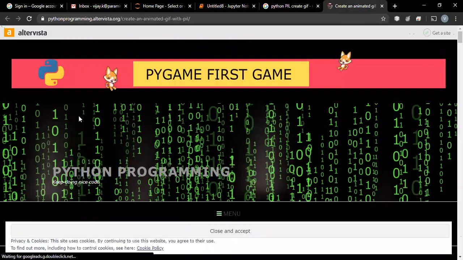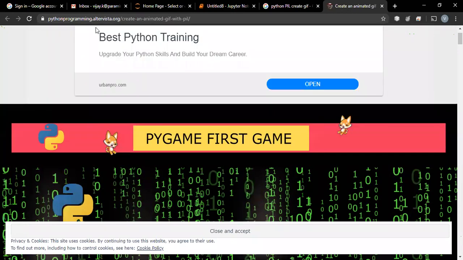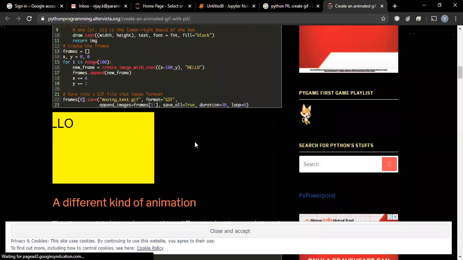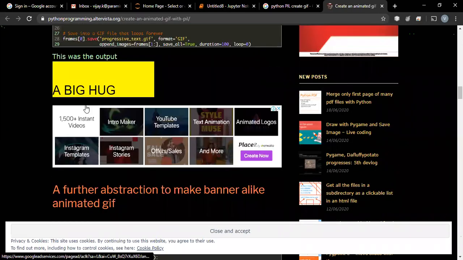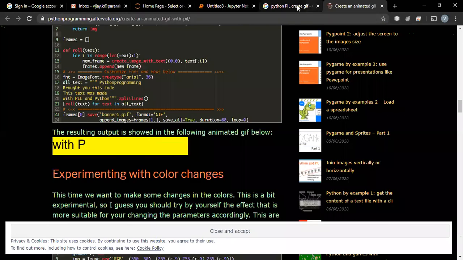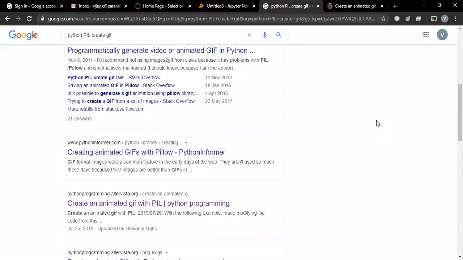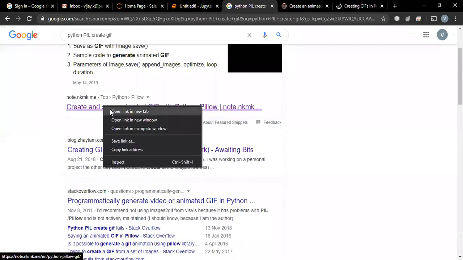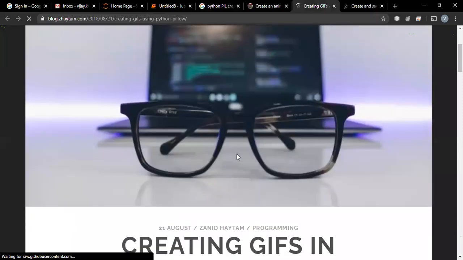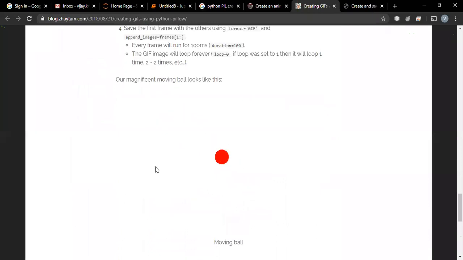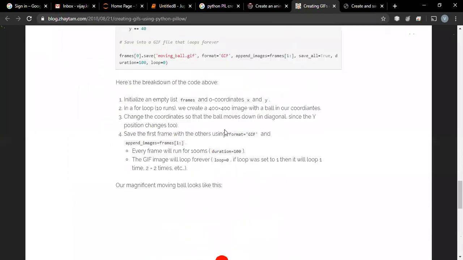Plus, you can see my screen now. Can you see the screen of that Python programming website? Yes, class. Okay, thank you. So there are many codes. Someone was asking, sir, can we add text and so on? So yes, you can do that and create a GIF also. We can use these things also. There are a number of codes and helps available. So this is a GIF where a ball is moving from one direction to another direction and so on.